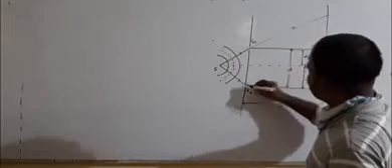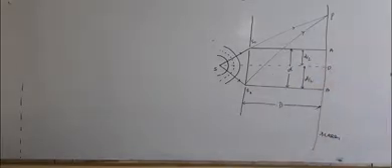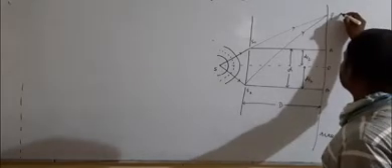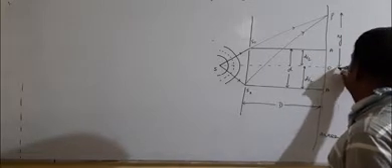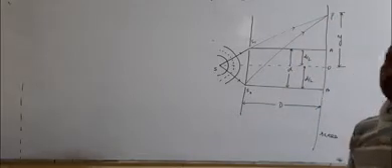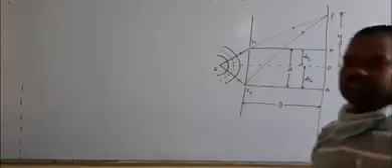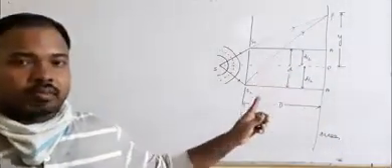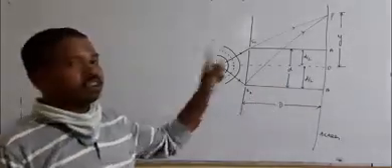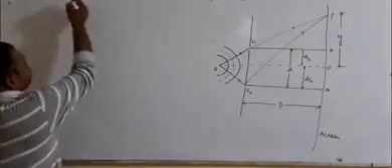Light from the sources S1 and S2 reaches point P, and at the point P whether maxima or minima is obtained, under what condition, for the order of maxima and minima, that we will find out. The point P is at a distance y from the center of the screen. To get the condition for maxima and minima, we will first find out the path difference between the rays S1P and S2P. If the path difference is an even multiple of lambda by 2, or a multiple of lambda, the point is maxima. If the path difference between them is an odd multiple of lambda by 2, then the point P is minima.